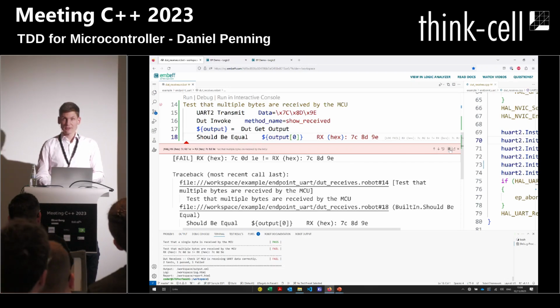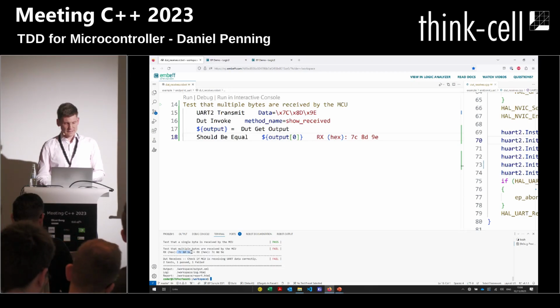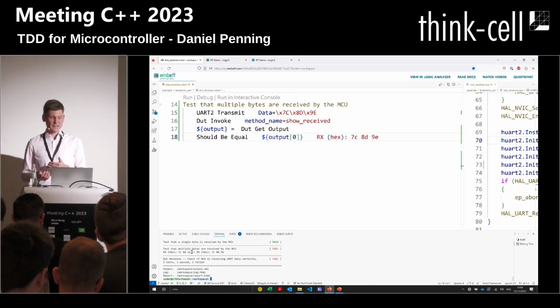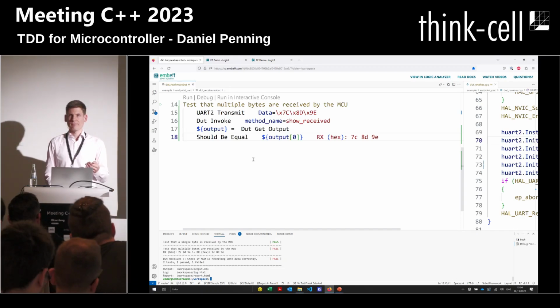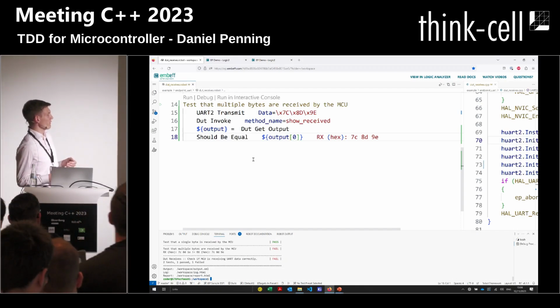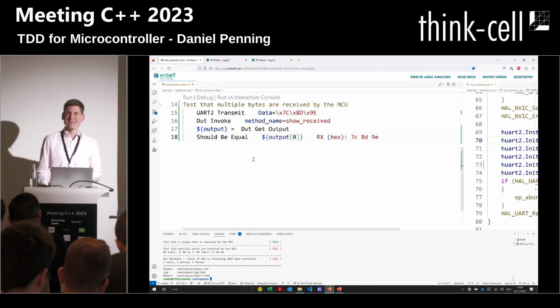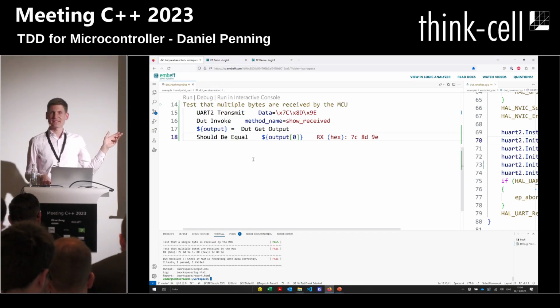You won't be able to read it, but it tells that it's not received. It should have received 7C 8D 9E. Instead, it received 7C 0D 1E. And this is one of the situations where an embedded developer pretty easily spots the mistake, like Kevlin said, with his special date values and so on. It looks like the 8th bit, the most significant bit, is set to 0 for some reason.